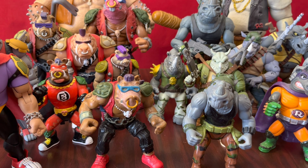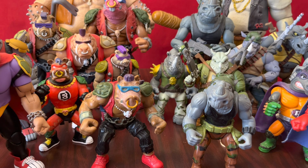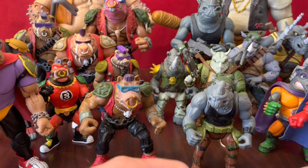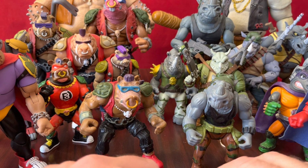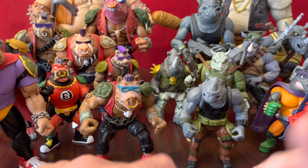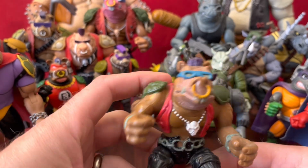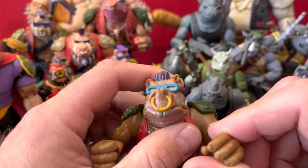Today I'm taking a look at the Teenage Mutant Ninja Turtles Bebop and Rocksteady action figure collection. It's a comparison of all your different Bebop and Rocksteadies throughout time and different licensing, my feelings on all of them and the ones I like. I just thought I'd run it down, so I'm going to start with the very first one, which is the Bebop and Rocksteady from the original Ninja